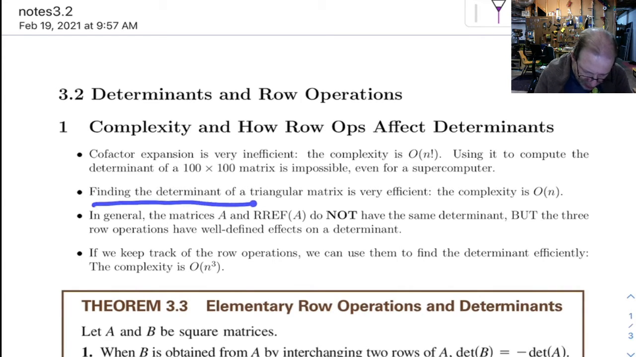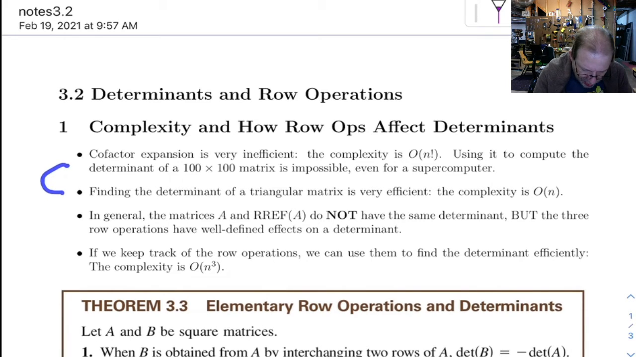Remember, finding the determinant of a triangular matrix is really easy. All you do is multiply all the numbers down the main diagonal, and the complexity of that is O of n, because all you're doing is, I guess, n minus 1 multiplications to get it. So the amount of work required is proportional to just the size of the matrix. So the plan is,